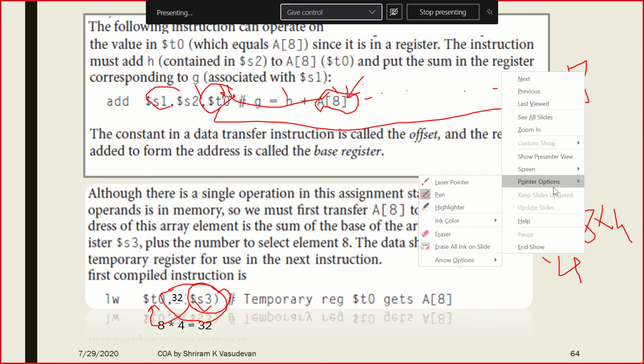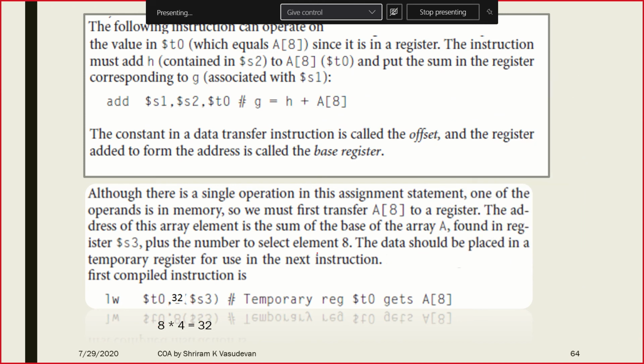I'll repeat this point. Please listen. If you're not listening, this won't be clear. So what I have done now is I have completed the equation here. This is the final equation. This is what will get me the result. But I have not moved the value into T0 appropriately. So for that to be done, I need to do this instruction, because the load operation can load the content onto T0.